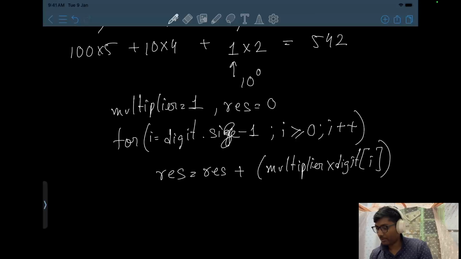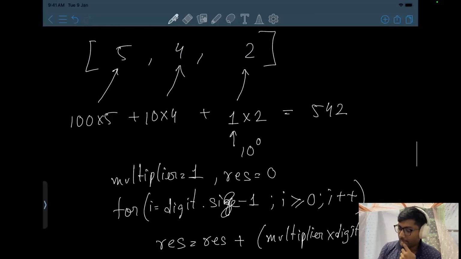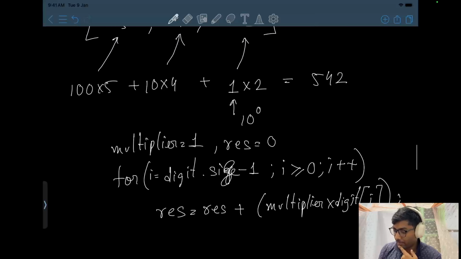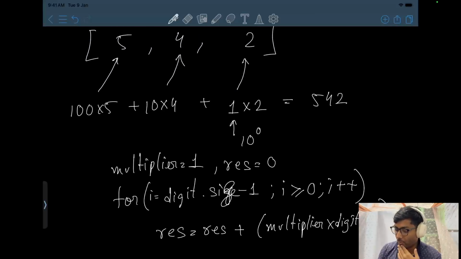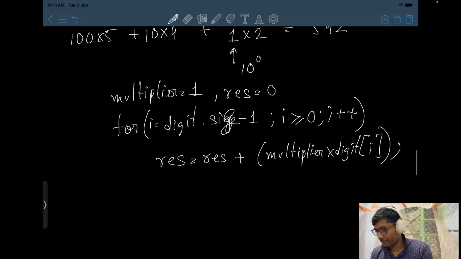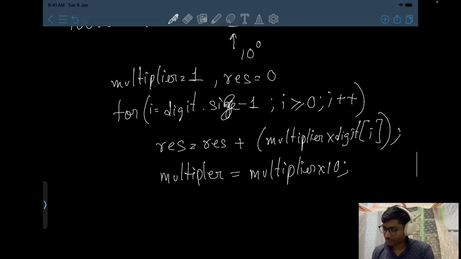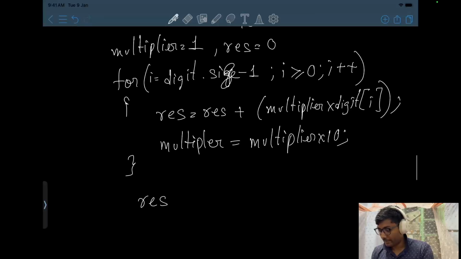So what happens is on the first iteration, this 2 gets multiplied with this multiplier, 1. Now in the next step this multiplier gets multiplied by 10, like 1, then 10, then 100. Every time it's getting multiplied by 10. So what happens is we want the multiplier to be equal to multiplier into 10. So this gives me the final result as